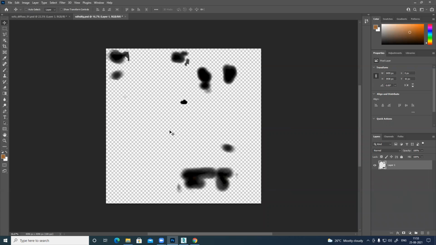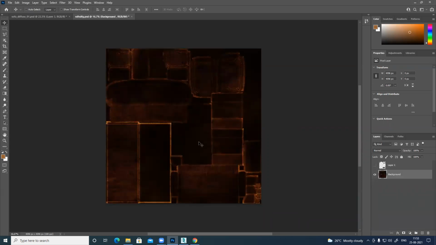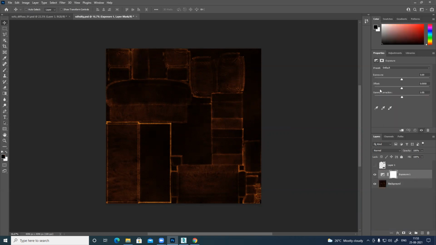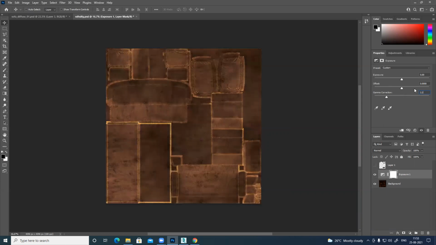So if you're painting in color, you have to apply exposure. Suppose you're painting in color and you have to blend something. In that case, you have to apply exposure here. And there's something called, you can see, exposure and gamma correction. So apply 2.2. From Max to Photoshop, if you apply 2.2, it will give you the exact same color. So if you're painting in white, painting in color, in that case, you have to apply this. I just marked it, so I don't need it. In my case, it's not required.